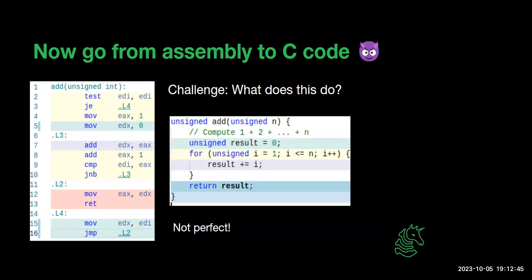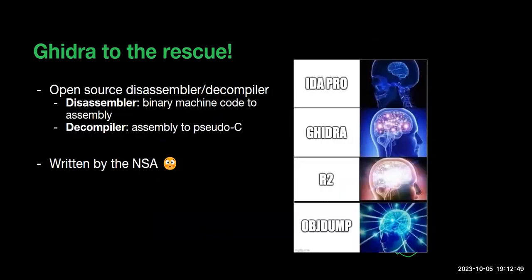So now that you have the C code, it maybe makes a little more sense. But this process is done by a decompiler, which is the tool you'll use. It will take the assembly and convert it back into pseudo-C. This isn't going to be a perfect conversion. It's this program's best guess at what the original source code looks like. Just another term here: a disassembler will take the bits and turn them into assembly. A decompiler takes the assembly and converts it into pseudo-C-like code.